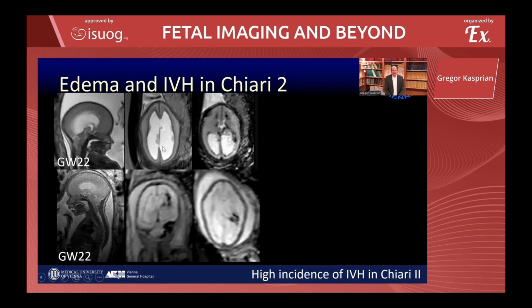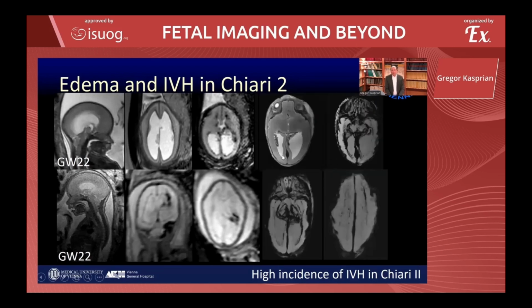And here you see that clearly, again, outer CSF space totally obliterated, ventricles enlarged, but also on EPI, extensive periventricular hemorrhage and blood degradation products. So this is a finding which we also confirmed on post-mortem MRI with this layering of hemorrhage along the ependyma, which means that in Chiari-2, due to the obliteration of outer CSF spaces, abnormal CSF circulation, we have venous congestion. Venous congestion leads to edema. Edema leads to hemorrhage. And that is, I think, an important mechanism, and we can sort of recapitulate it